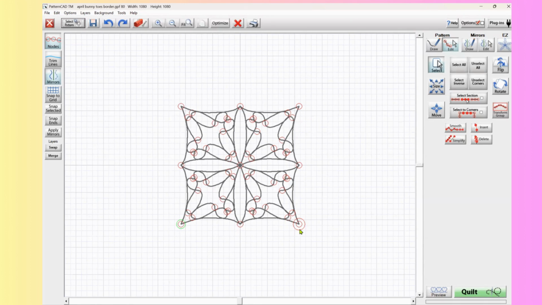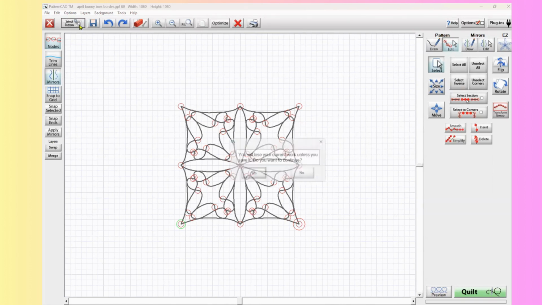But because I'm going to join this with another block, so that this is in one block and the alternating is another block, I need to have a start and a stop that is in the same plane. So having a start and stop with the other block that was in the middle or in the other corner would not work. I need to have the starts and the stops at the same height so that they will join together. So since this block had a start and a stop that was in the bottom corners,